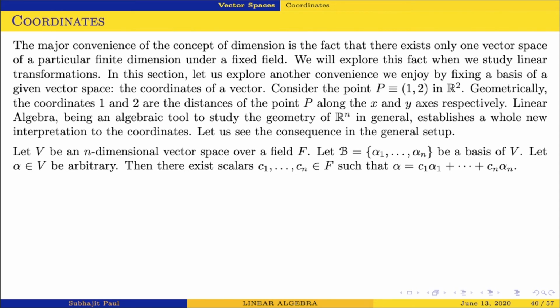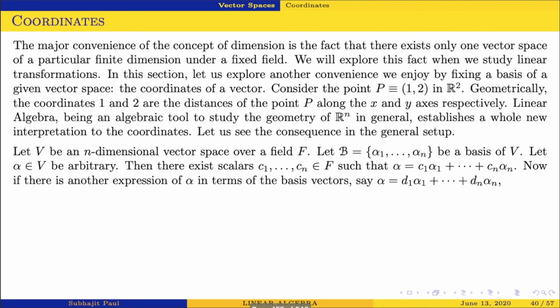Now if there is any other expression of alpha in terms of the basis vectors alpha 1 to alpha n, say alpha equals d1 alpha 1 plus d2 alpha 2 up to dn alpha n, then if we subtract one from the other, we have theta on the left hand side,